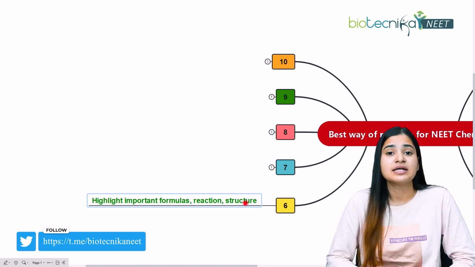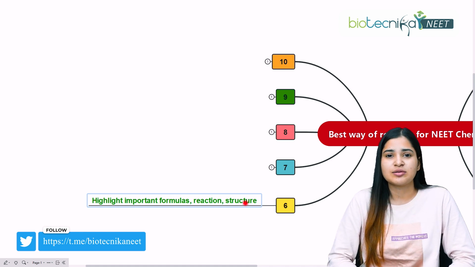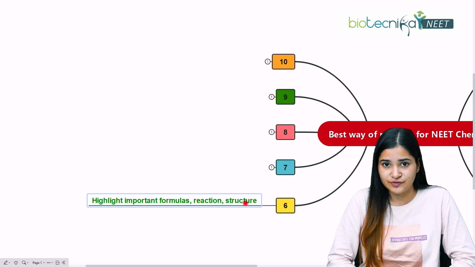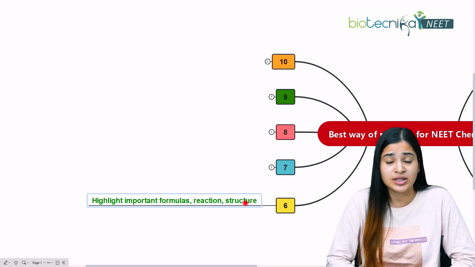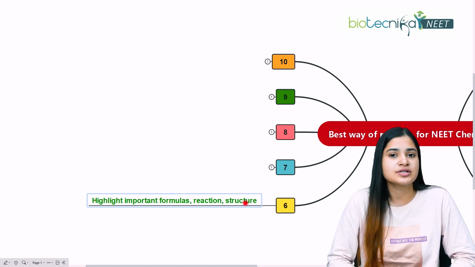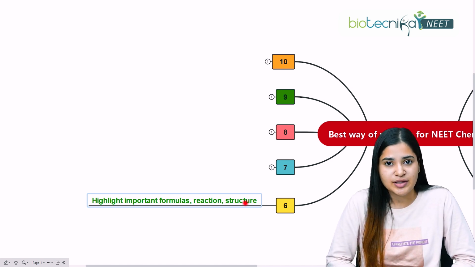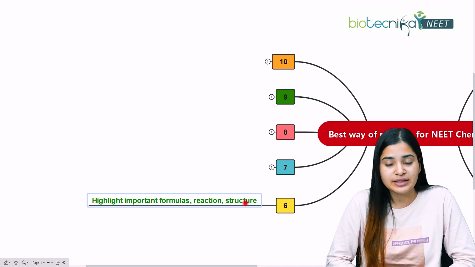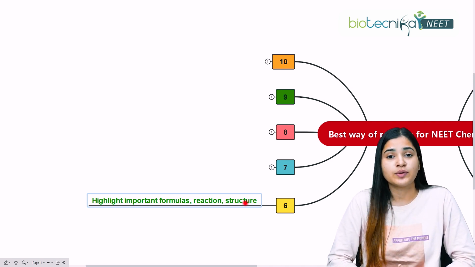concepts, because some of the synthesis reactions, some of the reactions that happen in the laboratory that have been mentioned in the organic section of the chemistry book for 11th and 12th are very important from the NEET point of view. Questions are mostly asked from them. So based on the PYQ analysis, you can highlight those important formulas, reactions, or structures which you can later refer to